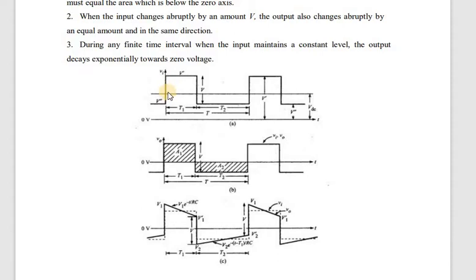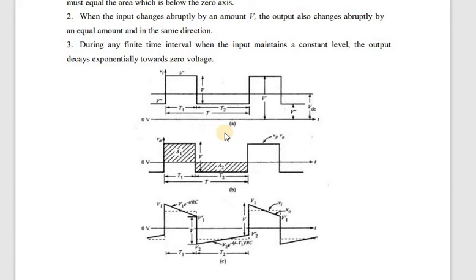So from here, starting at this point, for T1 it maintains one voltage level V dash, and after this, for T2, it maintains the voltage level V double dash. So the overall voltage level will be V dash plus V double dash, and the overall time period of your square wave is T equals T1 plus T2. Correct? Is it clear? Here T equals T1 plus T2 and V equals V dash plus V double dash. This is the overall amplitude of your square wave input, and this is the overall time period of your square wave input.